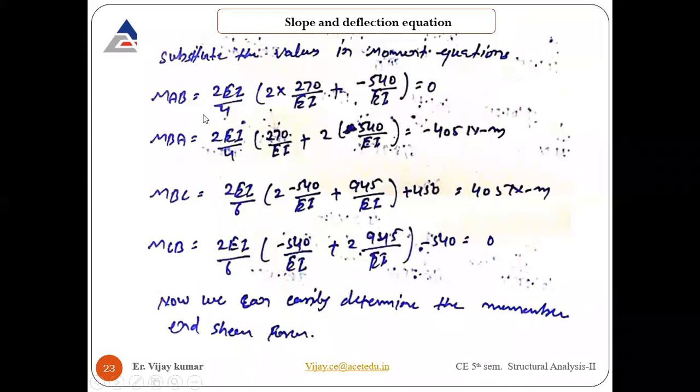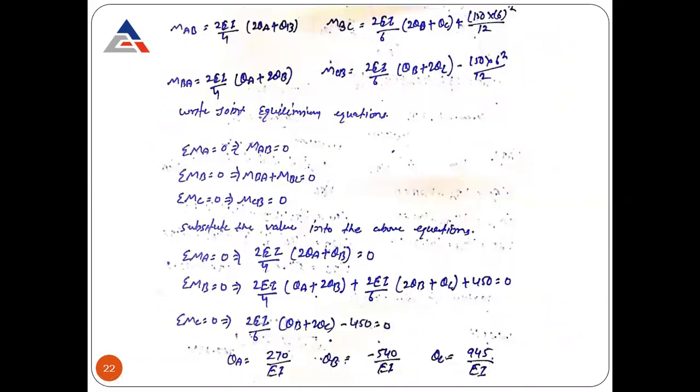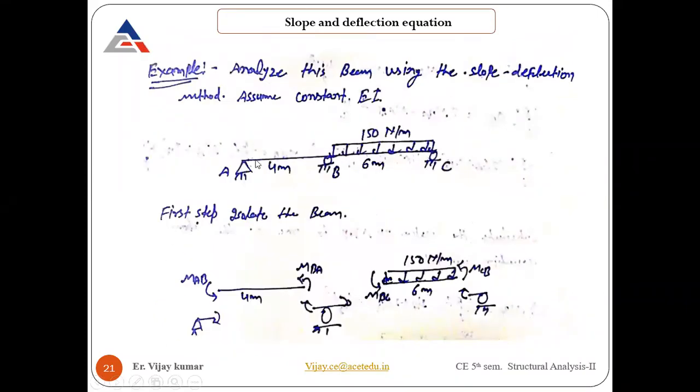One thing I already know before solving this is that the moment at point A and the moment at point C come out to be 0. Why? Because we already discussed that at a simply supported beam, or even a continuous beam, at the end supports, not the middle supports, the value of moment will come out to be 0. Whether you solve it or not, the value will be 0. That is a fixed thing, and it is basically a verification of your calculation.